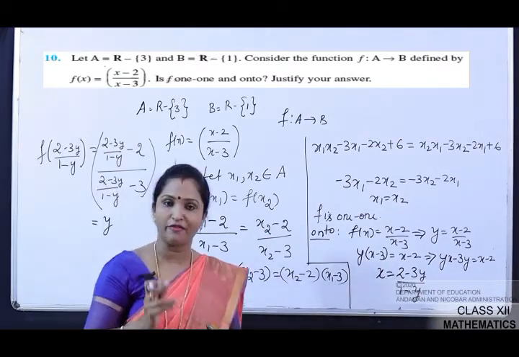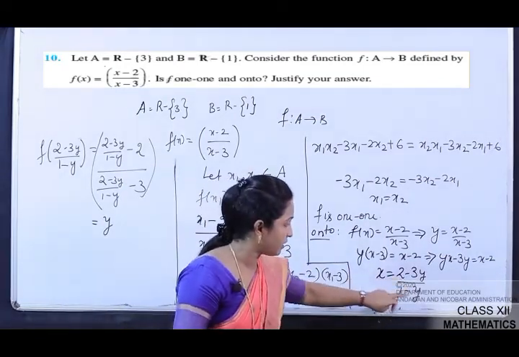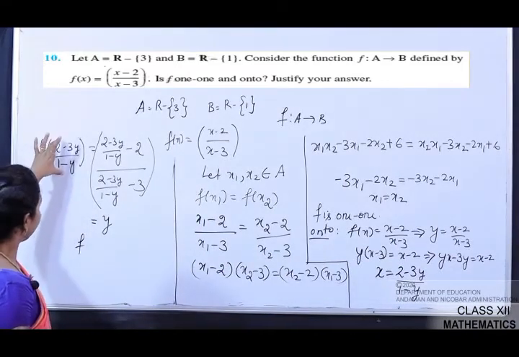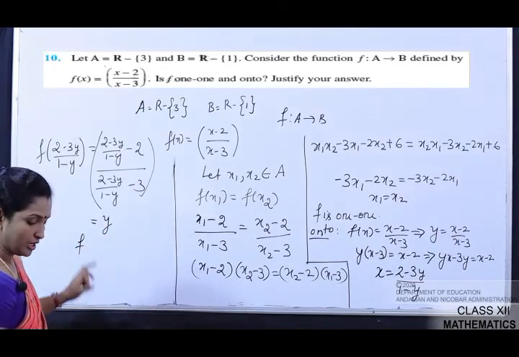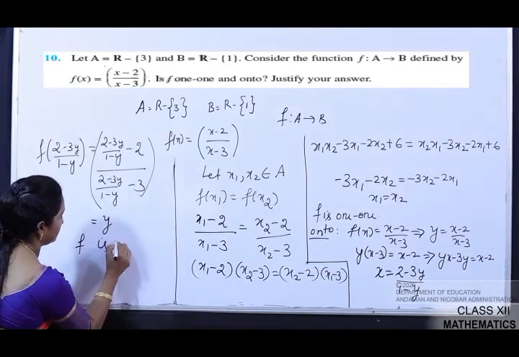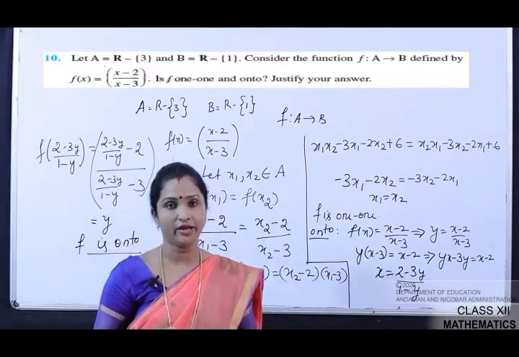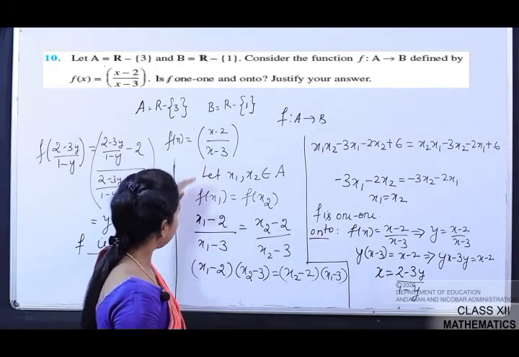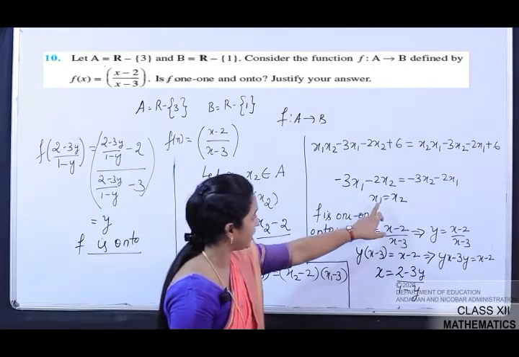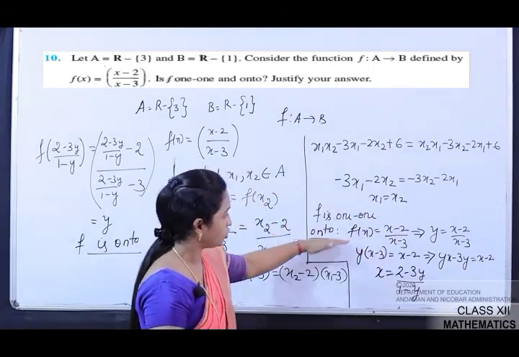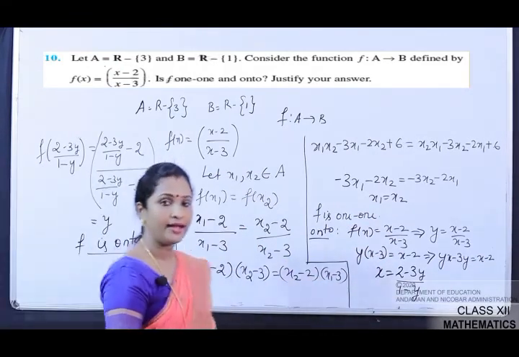That means you have proved that for every y belonging to the codomain there exists x = (2 − 3y)/(1 − y). Now when you put the value of x into this equation, you will observe that you are going to get y here. Okay, so finally you can say that f is onto. Okay, so you have proved that f is both one-one and onto, and you have justified by taking the same procedures जो मैंने आपको बताया. x1, x2 लेंगे, f(x1) = f(x2) प्रूव किया. फाइनली आपने क्या प्रूव किया? x1 = x2, and then आपने onto के जो कंडीशंस है उसको अप्लाई किया, and then you have proved f(x) = y, hence you can say that f is onto.